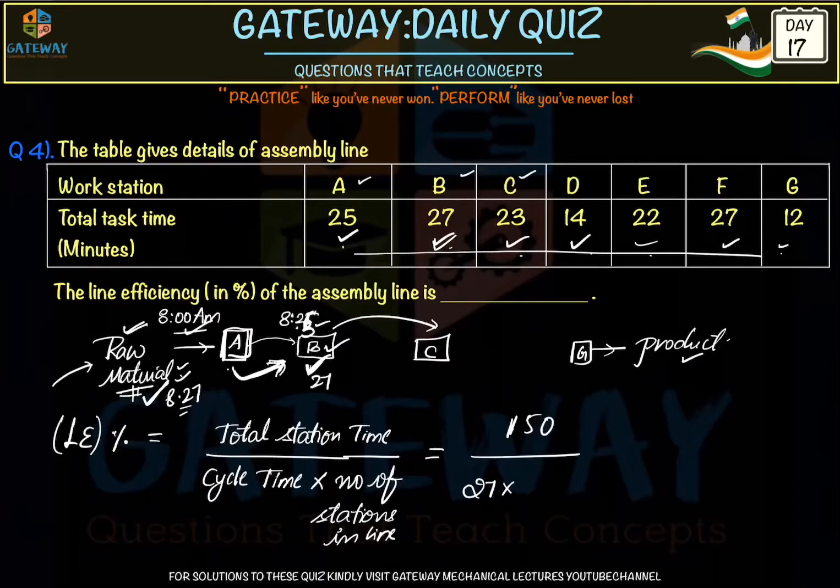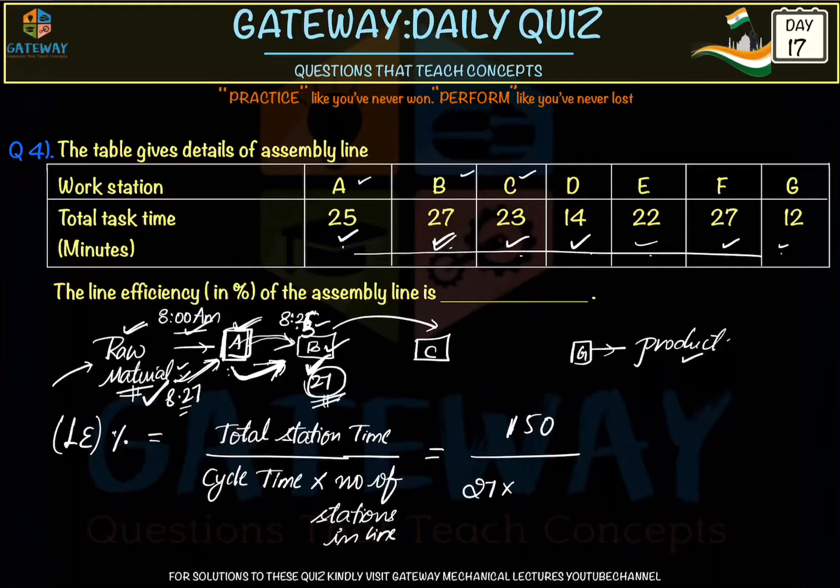I hope you would understand. Because if after finishing the 25 minutes the first product goes into B, we can't keep a raw material here directly, because even if we place it, whatever task is to be done in A will be done, and it will be trying to send it to B. But what exactly happened here is that it takes 27 minutes of time.